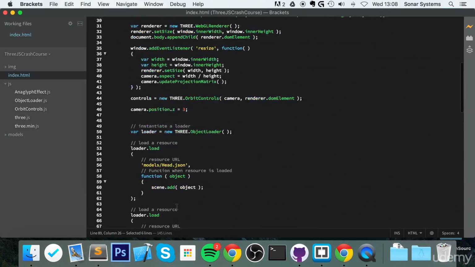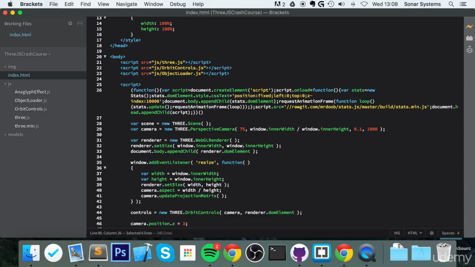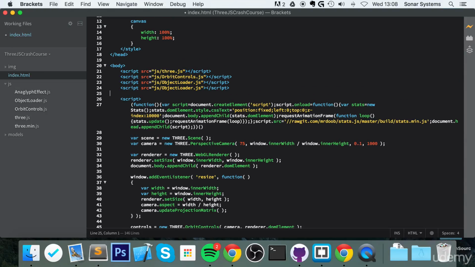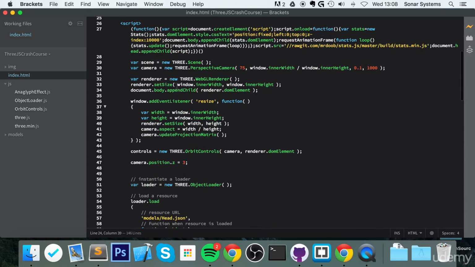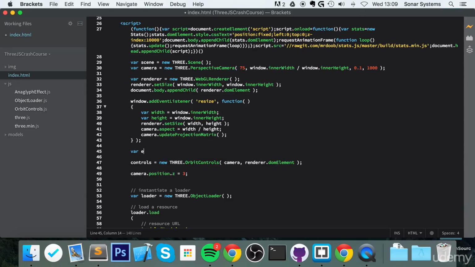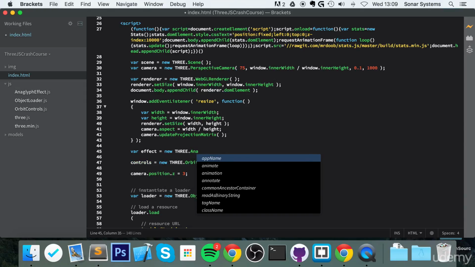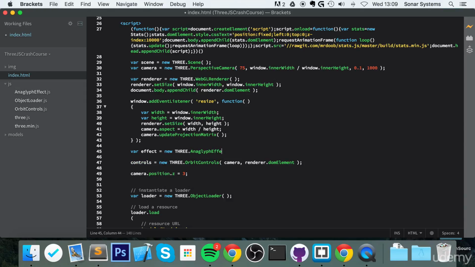And now before we actually start coding our world to be 3D, we just need to include it. So I'm just going to duplicate one of these lines, change this to anaglyph effect, and now what we need to do is create an effect for our anaglyph. So anywhere after this window, if we just do var effect equals new THREE.AnaglyphEffect,